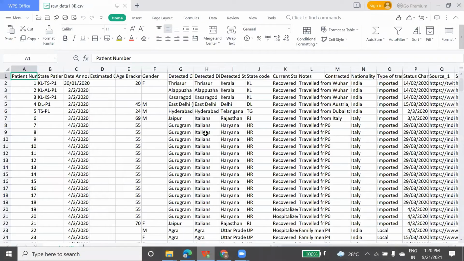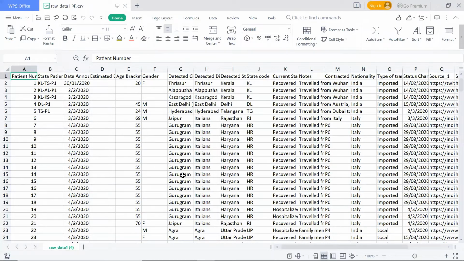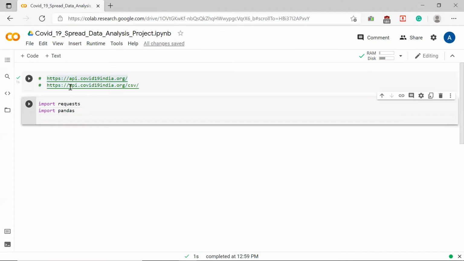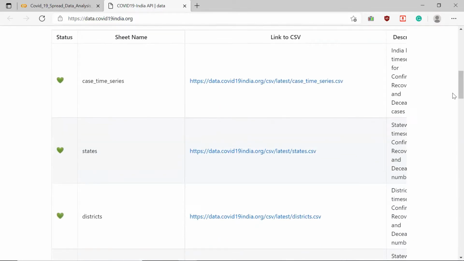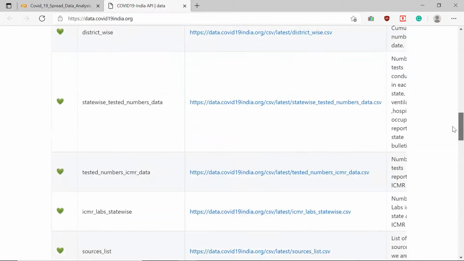In my previous lecture, I have shown you this COVID-19 record, and this is our data set. This data set is available on this website, the API covid19india.org. So if you go to this covid19india.org website, let me show you. Once you click on this website, you will get these details here. Here you can see these are the links from where you can download the dataset, and we have downloaded